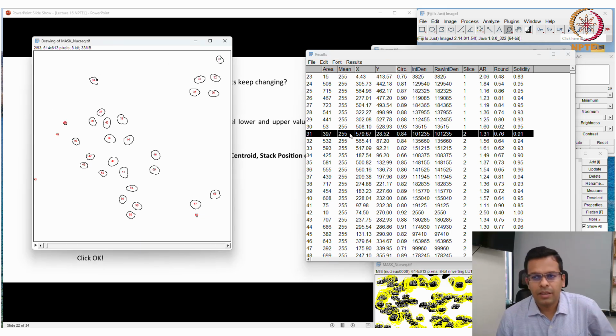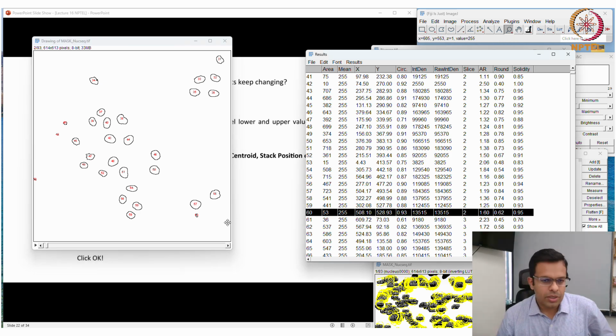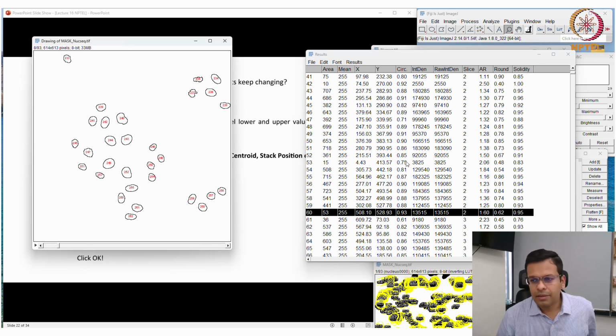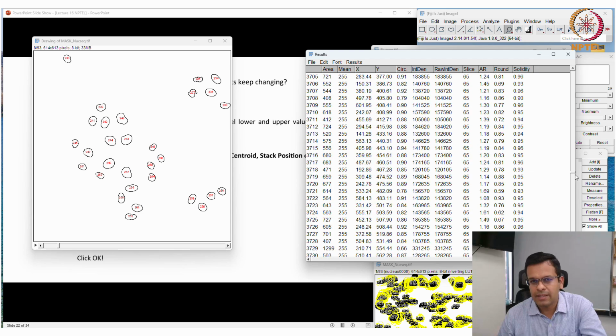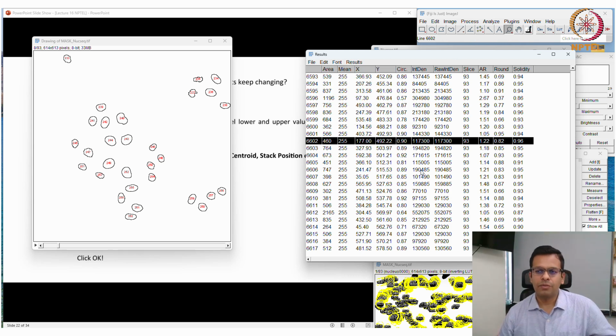Then in the second time point it has started from 31 up to 60. So from 31 to 60 nuclei it finds in the second time point. Similarly, this indicates the slice number, and it shows how many nuclei have been identified in each of these slices. You can save this as an Excel file from here. Like you can save this result as a file, Save As, and you can save it as Excel, and you can further work with all these measurements.